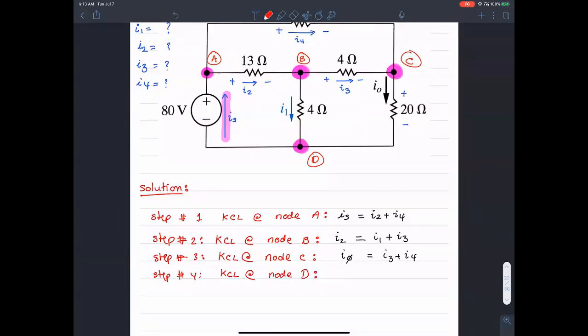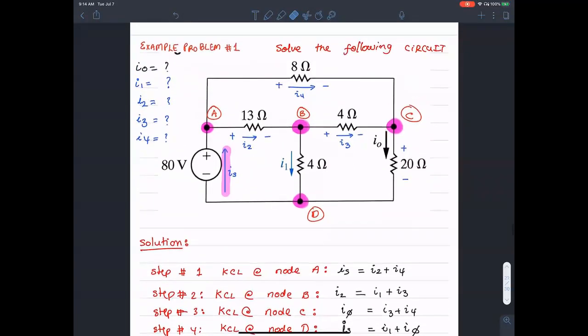KCL at node D: the currents coming in are I1 and I0, and the current leaving is IS. So the current leaving, IS, equals I1 plus I0. Everybody with me? Yes. Okay. So now what we can do is in the problem, I think, and I have forgotten to mention